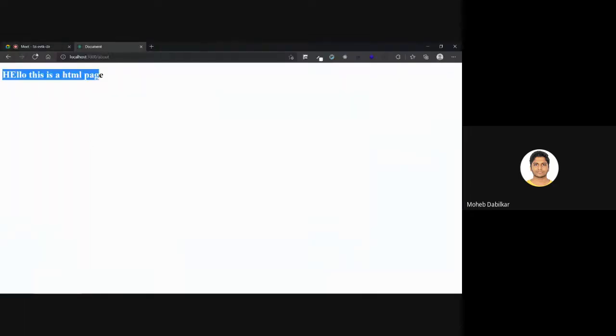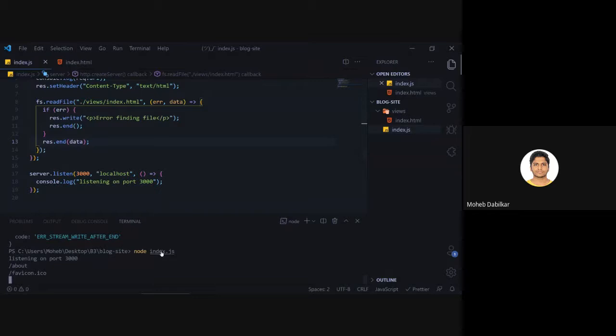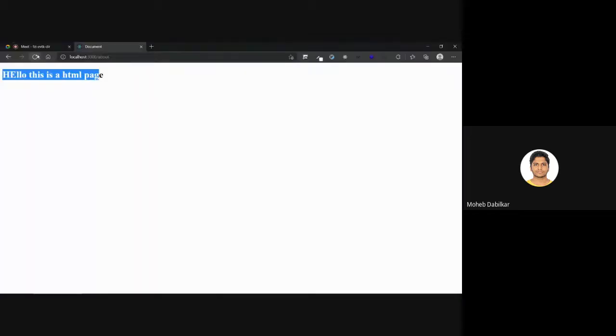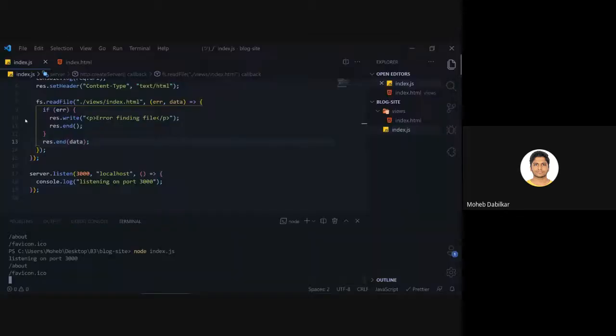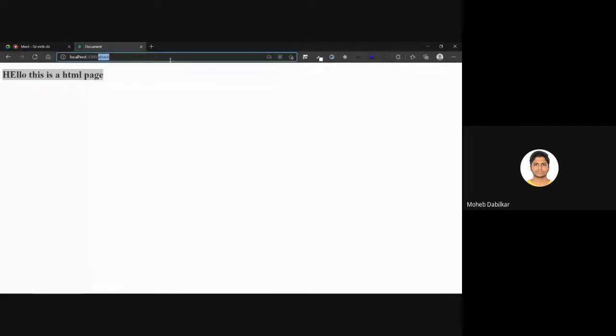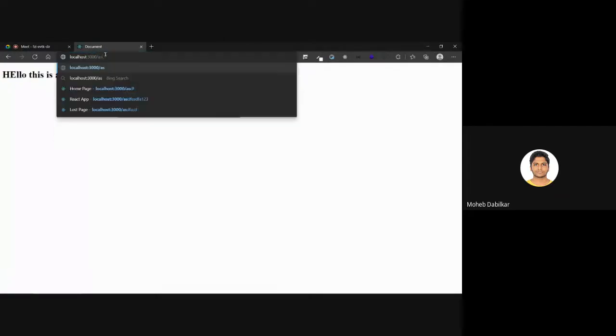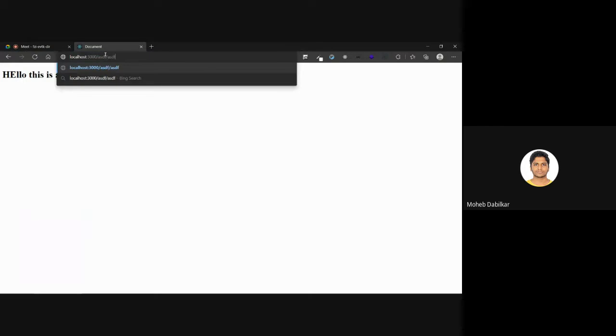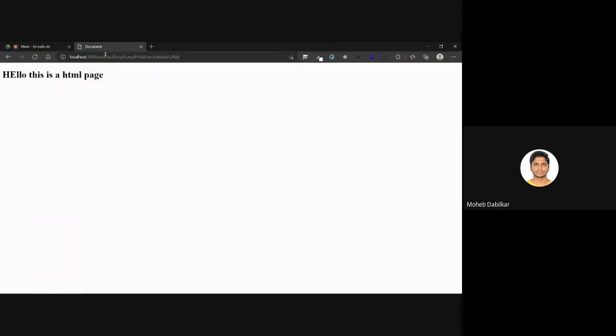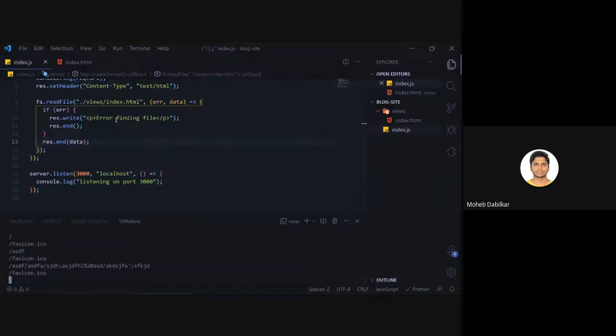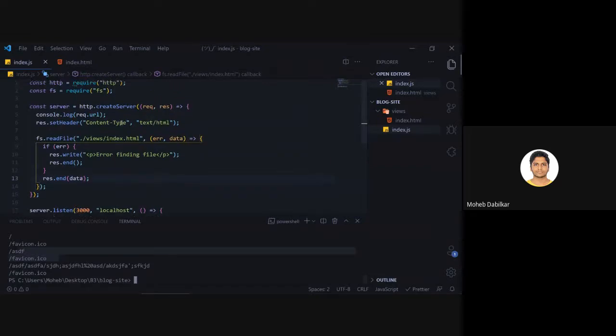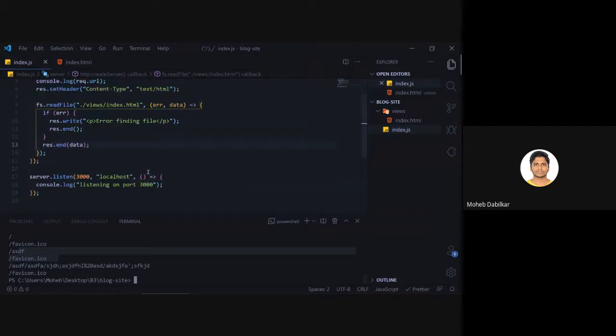Okay, and now it should still work. So I have restarted my server and refreshed it. But there is still one problem. Wherever you go, it still says the same page. No matter where you go, how bad the URL is, it still goes to the same page. We don't want that. We know what our URL is. So what we can do is, depending on the URL, we can switch our pages.